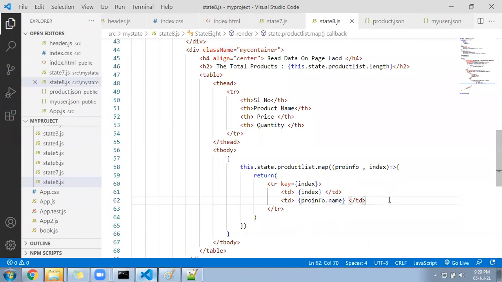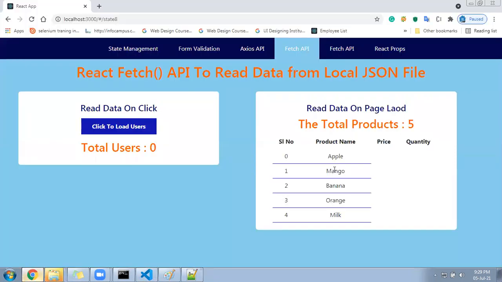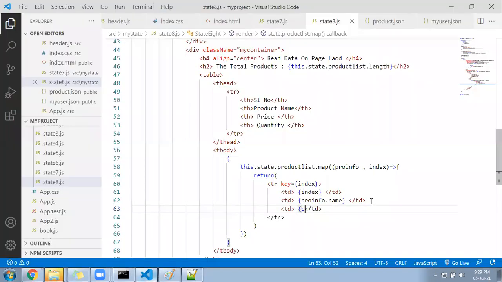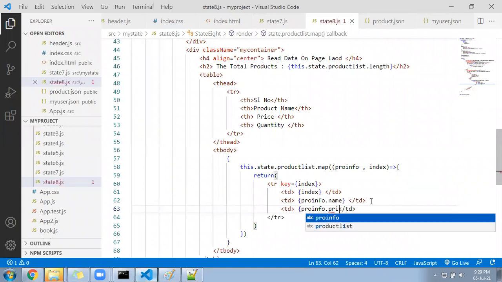Okay, so I'll come here and I'll refresh. See, automatically all the product names are coming, serial number is coming, we can print the quantity and price, it will come. Awesome. Okay, so let's go here, write the next td. Next td will be proinfo.price.